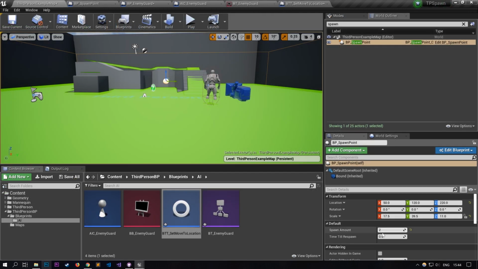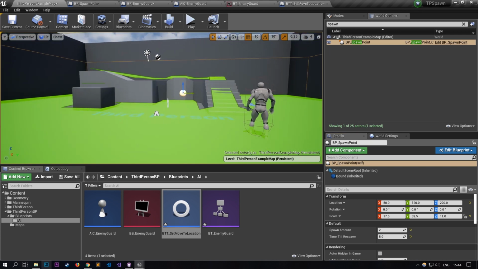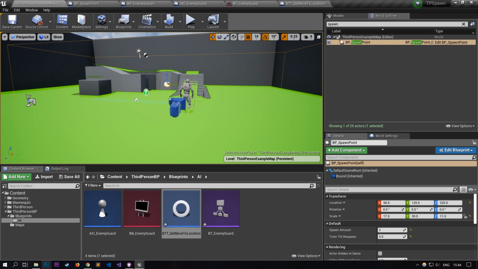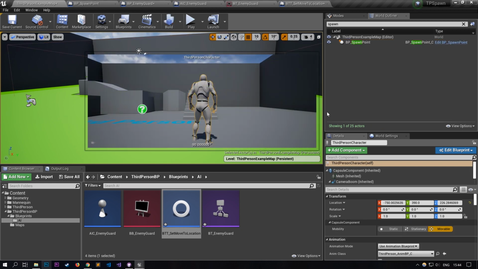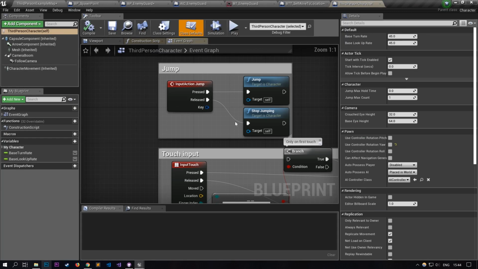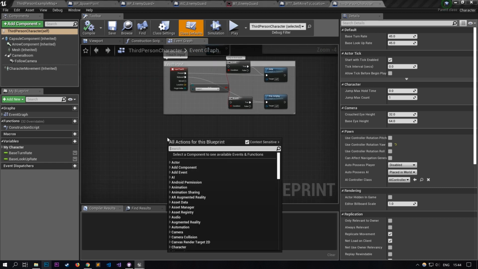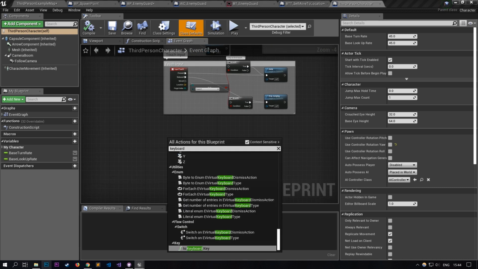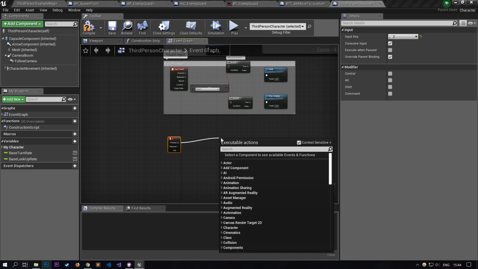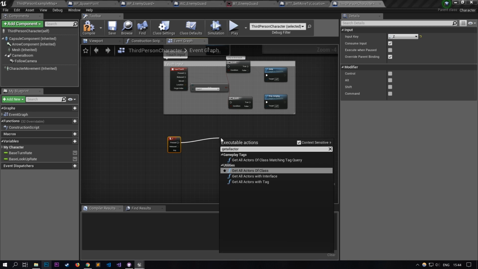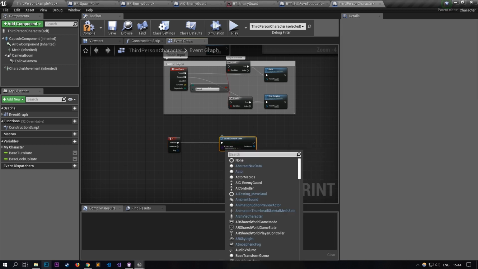On our spawn point, we can now set the time to respawn, let's just say 5 seconds. So every 5 seconds it's gonna check if somebody's dead and then respawn one guy. Yeah, in order to check this, we have to be able to kill them. So let's just, on our character, make a new input keyword, just put it on Z and find get all actors of class. You should be very careful with this, but just for testing we can use it. Get the enemy guard